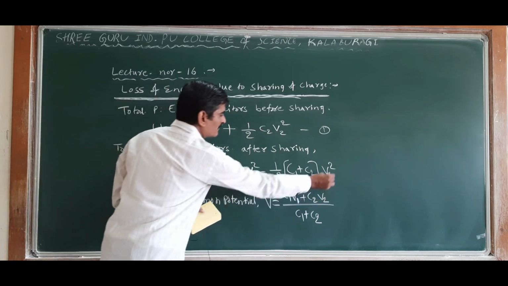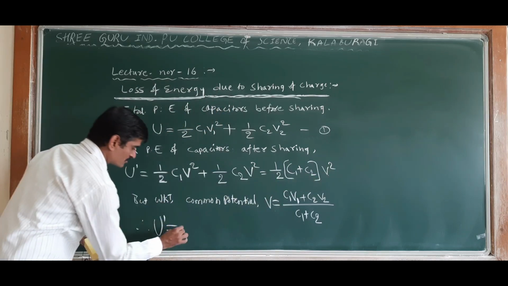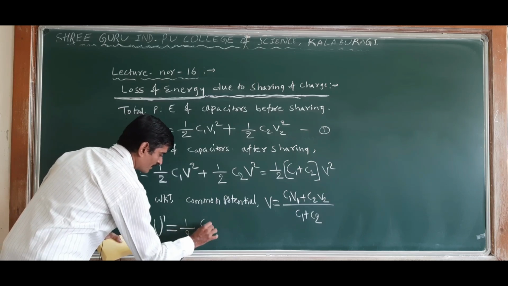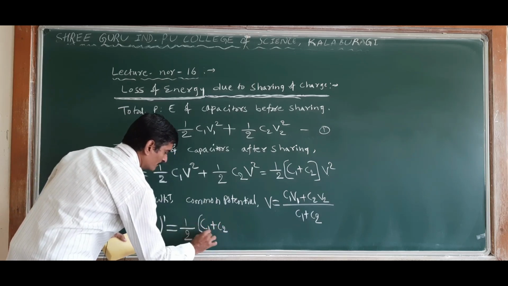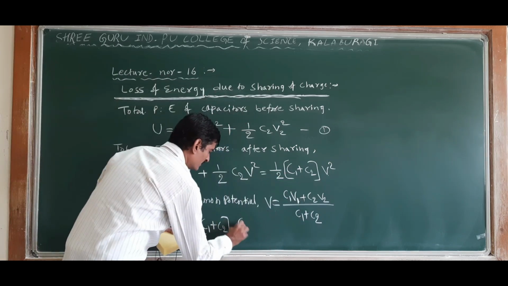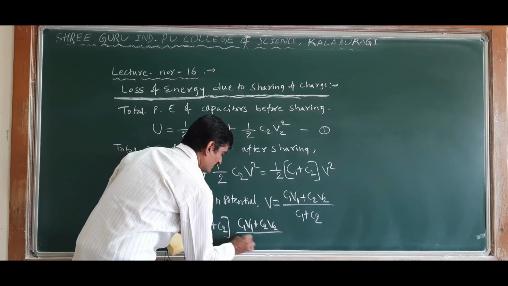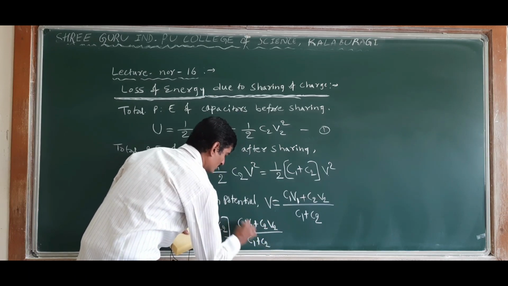So now substitute this value here. Therefore U dash is equal to 1 by 2 (C1 plus C2) into V square. V square is this one, it is (C1 V1 plus C2 V2) divided by (C1 plus C2) whole